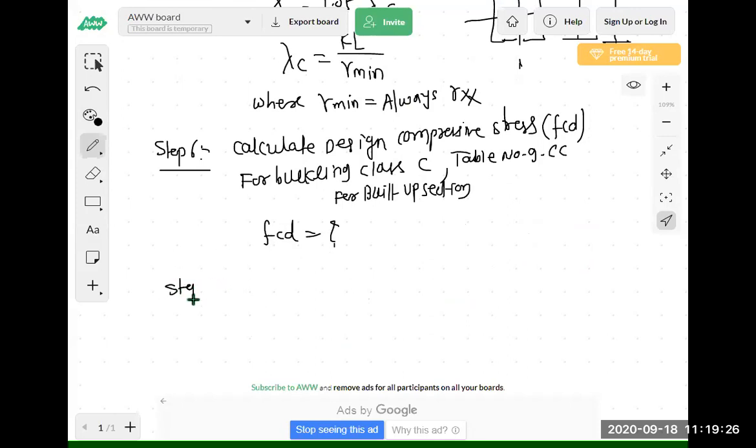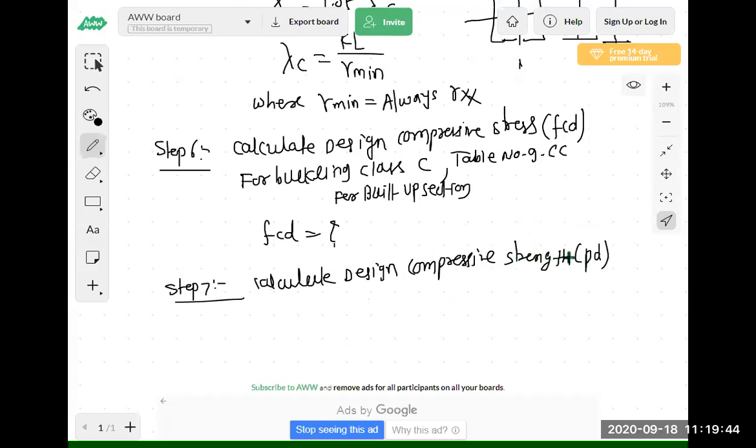And then next step number 7, calculate design compressive strength. That is Pd. So join session again. Maybe we will disconnect here, join again. So Pd is equal to again fcd into Ag into 2, because 2 channel or 2 I sections are there. So Pd is nothing but